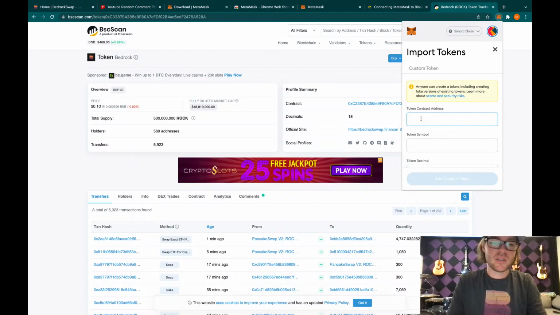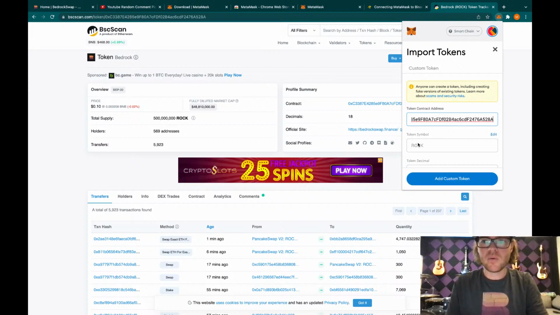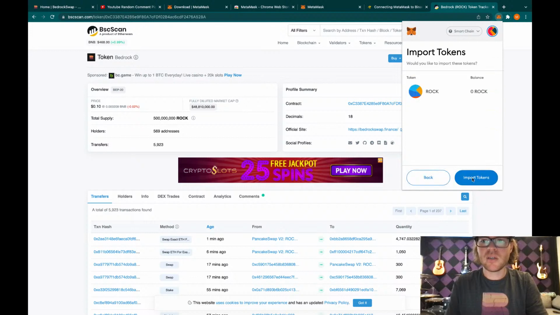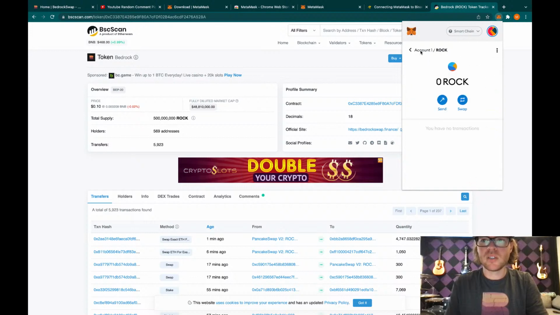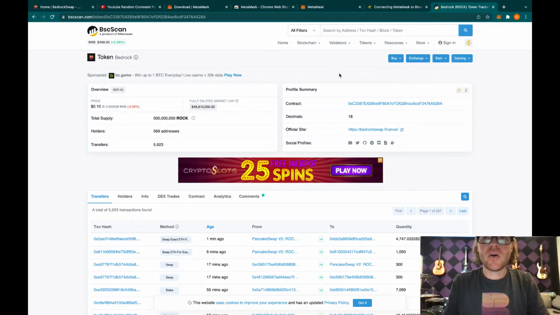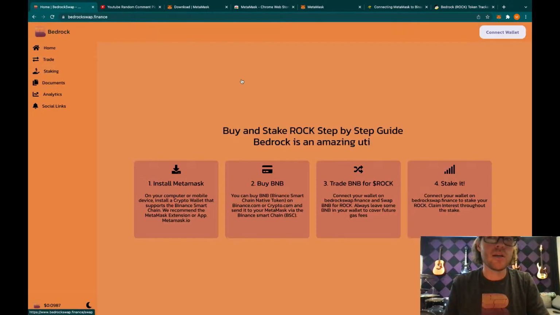And then right here, we're just going to paste it, and it will fill out the rest of the information for you guys. Then just hit add custom token, import token, and there she is. So even though we don't have anything, at least it's here. That way, when you buy it, if you're like, where did it go? What happened? It's there for you guys. All right, so that's how we go from crypto.com to Metamask to BedrockSwap, trading it and getting it into our